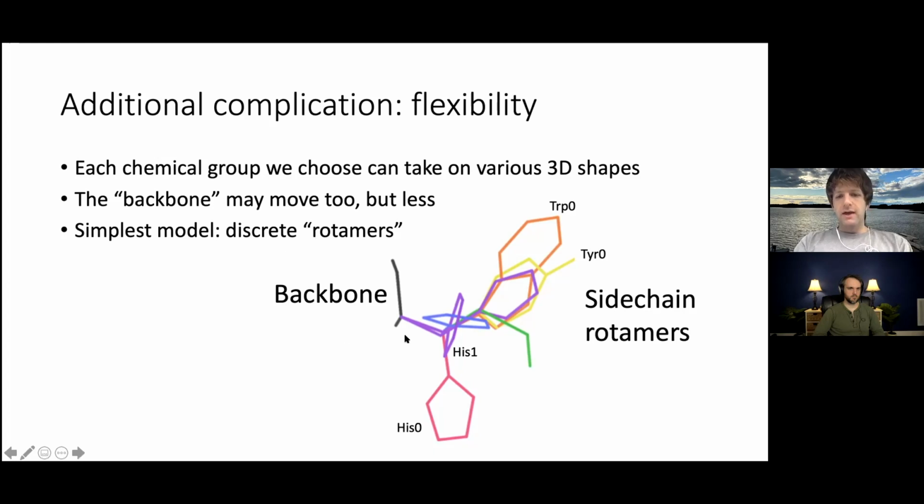So we have the backbone, and then we have the side chains. Now, there's a lot in chemistry that is not that flexible, like bond lengths between two atoms with the same chemistry. That's going to be pretty fixed, but the bonds can rotate, though not freely. You see here with the pentagons, that's the amino acid histidine, and you could rotate around this first bond here. Certain conformations are preferred, so if you've got a nitrogen up here, for example, it may be advantageous to be at a 180-degree angle from it, like this one here, or there's a couple angles that are favored. These are rough numbers. It could be a little less, a little more.